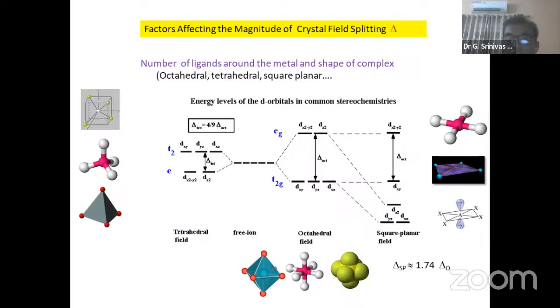What happens is that in the octahedral complexes, 4 ligands are in plane and 2 ligands are out of plane. If you take the octahedral complex, so generally I will take the